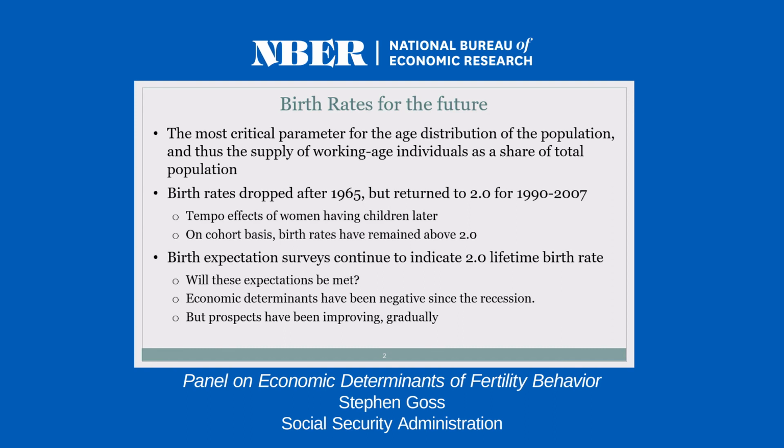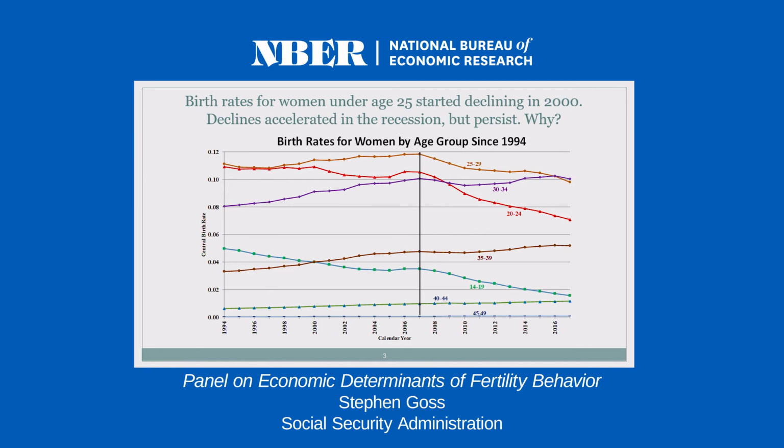On slide number 3, I think I just recreate what you've seen from several people, a look at the age-specific or by age group birth rates for women. And in this case, it's since 1994. So let's sort of put the baby boom period and the baby bust past us. That's there. And what we're really a primary concern with, I think everybody's well described, is where we are going forward, especially what's happened since 2000, where we saw at least sort of a slight decline starting for the 20 to 24, and of course a massive decline for the under 20.